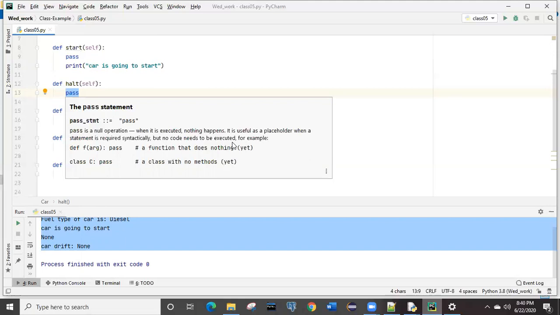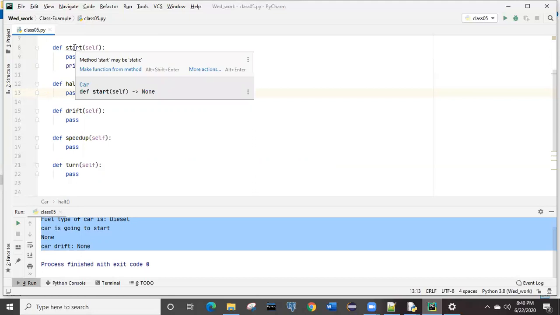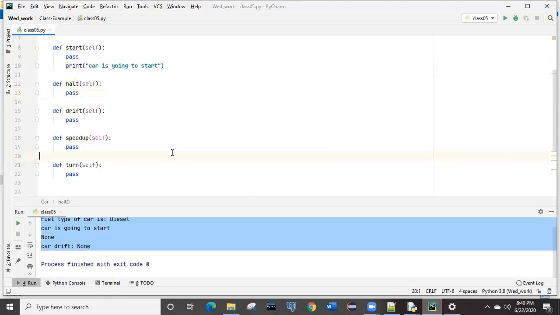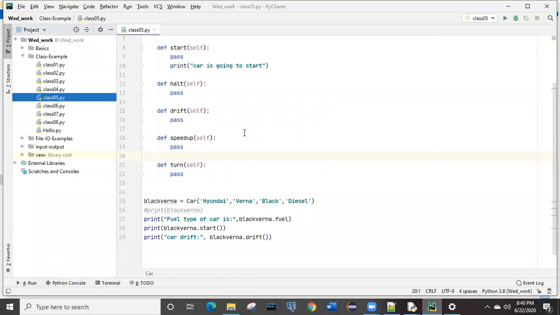You just try to replace pass at different locations with different kinds of printf, and check how we can make use of this pass. Got the task now? You need to understand what the use of pass is.